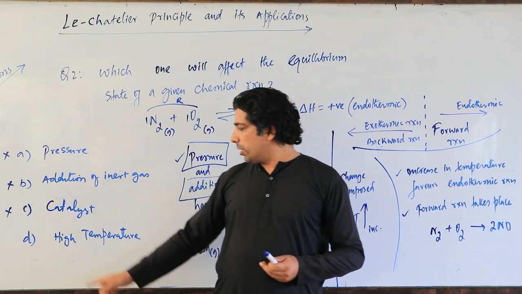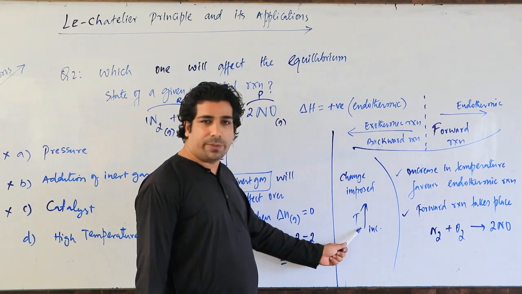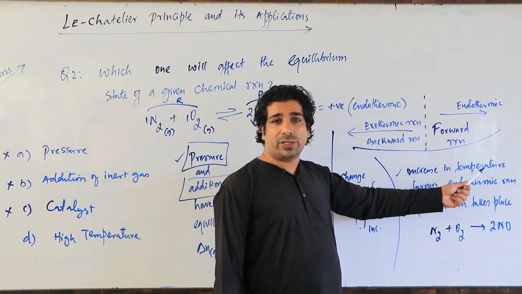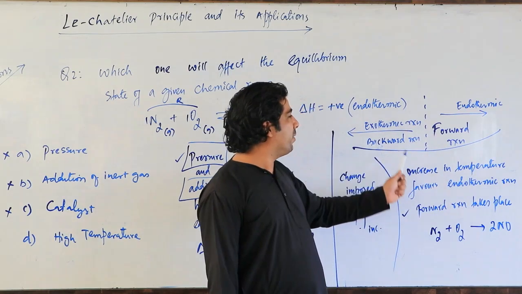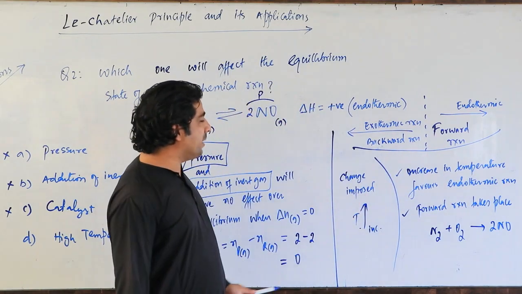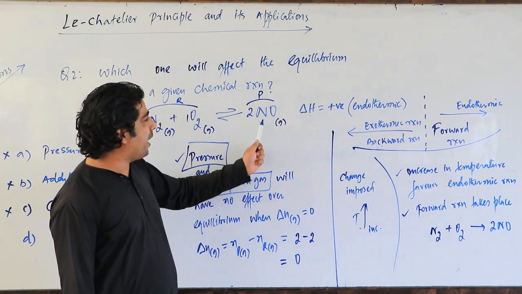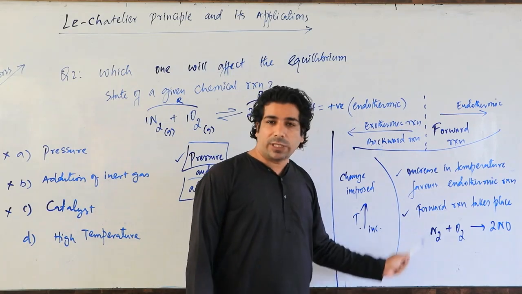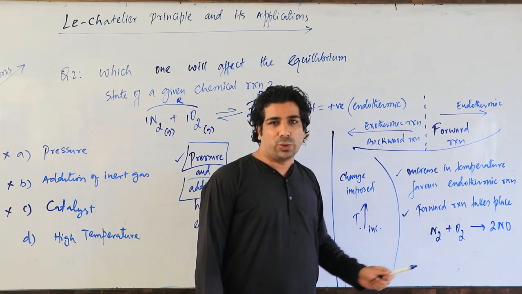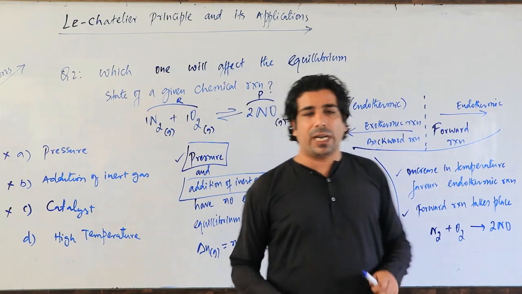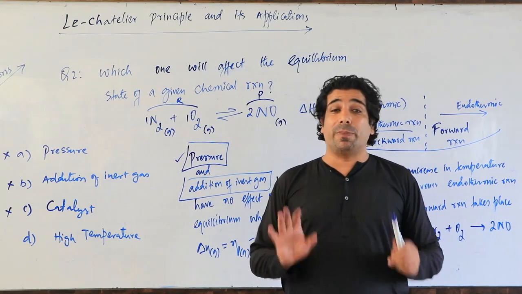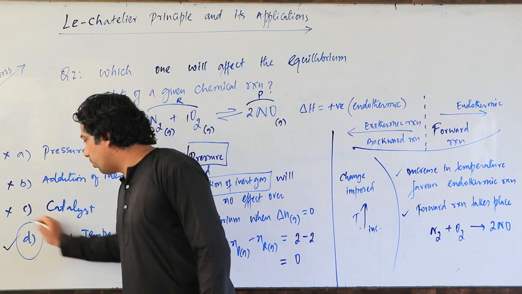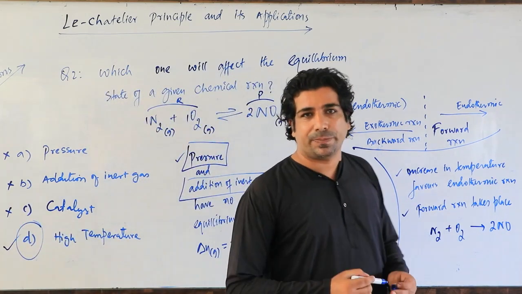Okay? If they mention here low temperature, so I will be having here low temperature. And low temperature will favor exothermic reaction. And exothermic reaction takes place, will it be forward or backward? Exothermic will be backward. Backward means in place of this, I have to write down NO, 2 times NO gives me N2 and O2. So here this reaction will become 2 times NO gives me N2 plus O2. So depending on whether temperature is high or temperature is low, that means temperature does have an effect on this chemical reaction. So this is my answer. So D option is my answer. Please make note of this.